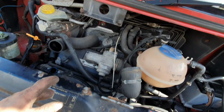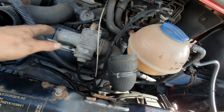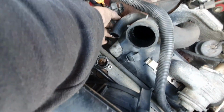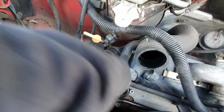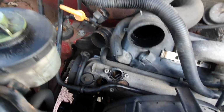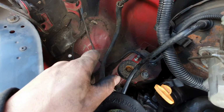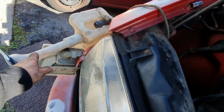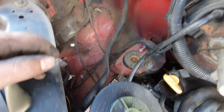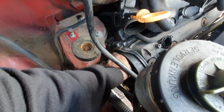Well, I've managed to remove a lot more. Intercooler, obviously that's one intercooler pipe, and there's the other. There's like a breather that goes on top of it. That is for the intake. The breather goes on top of the valve cover. Air box, windscreen washer fluid. Managed to move quite a bit. Managed to get to the belt, and as you can see, the belt just isn't connected,